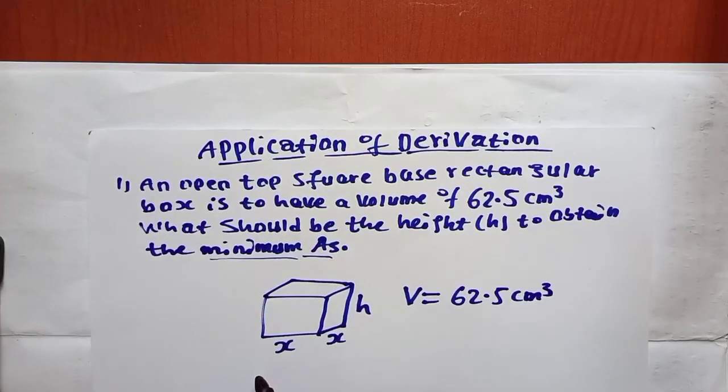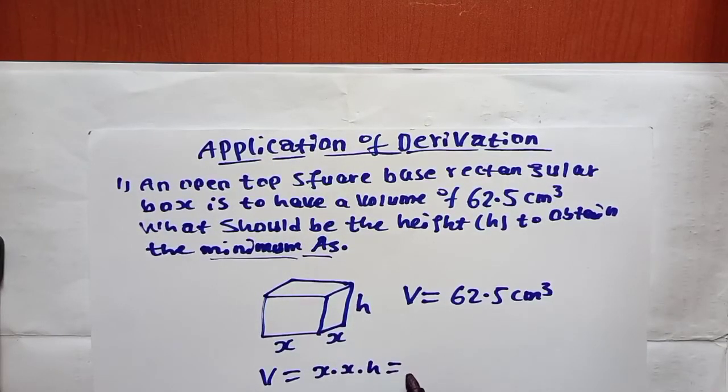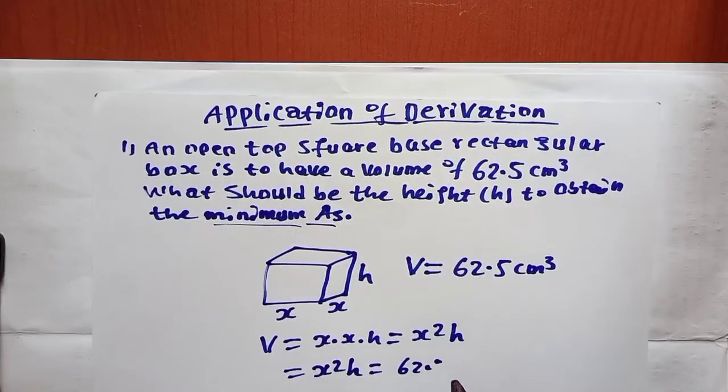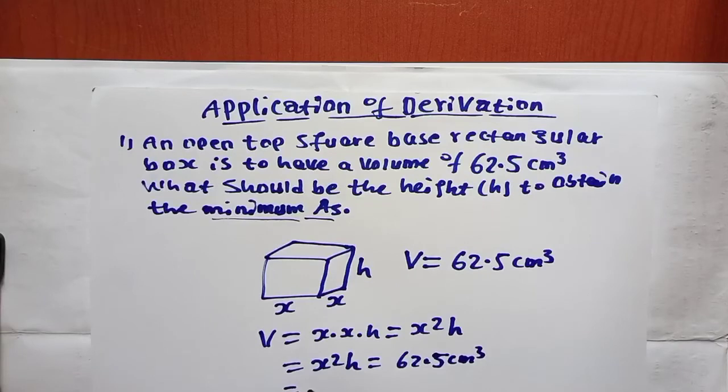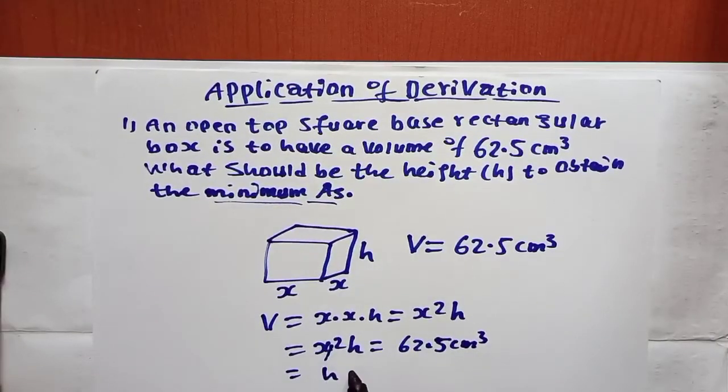So volume is equal to the volume of this rectangular box: x times x times h, which is equal to x square times h. So from volume, which is equal to 62.5, x square times h equal to 62.5 centimeter cube. Then h is equal to